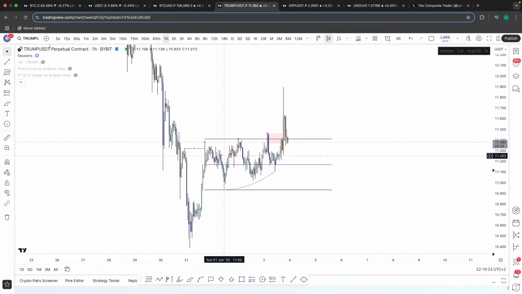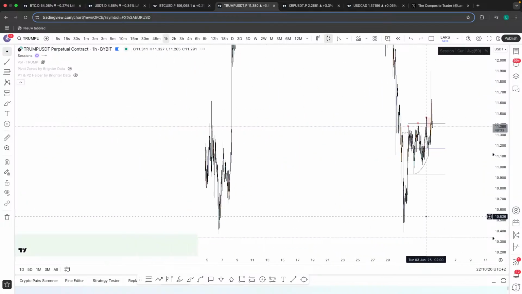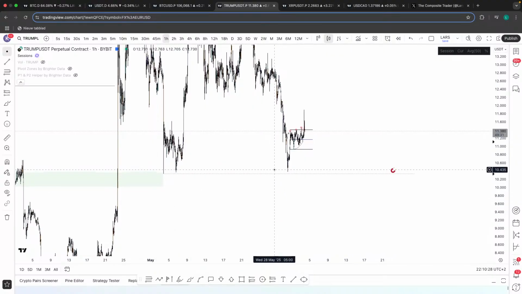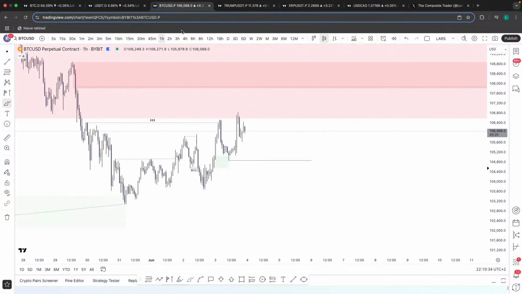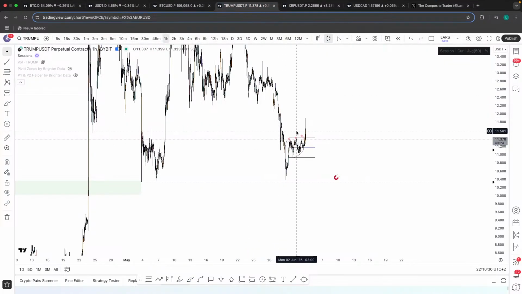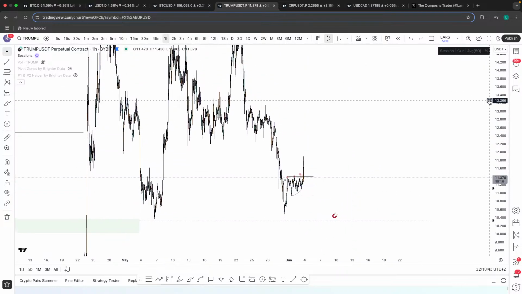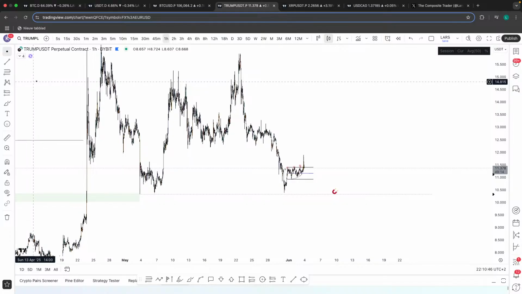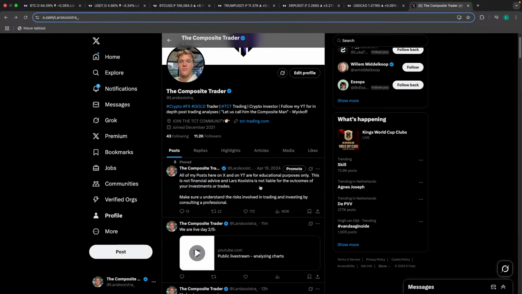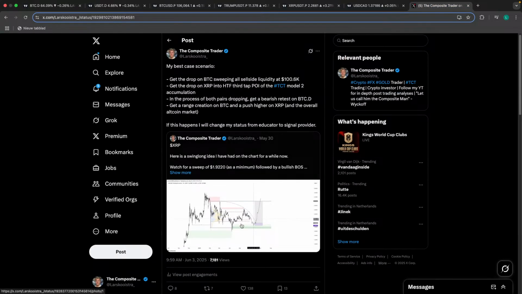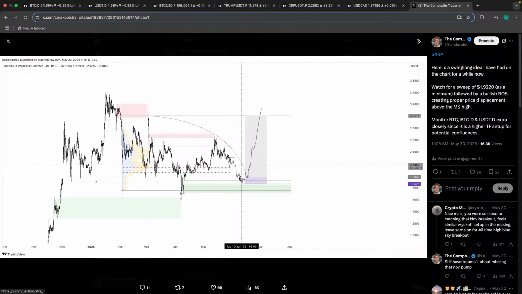So this is the prime example that I was watching for a short right there, especially because we had these triple lows below us right here. You can see the little magnet still there, where I would prefer if Bitcoin can come down and altcoins can do around a 10 to 15% correction before actually catching back up and starting an aggressive rotation towards the upside, which would be in confluence with Bitcoin dominance doing something like this, which I explained in my most recent tweet here, when we're looking at this XRP scenario right there.